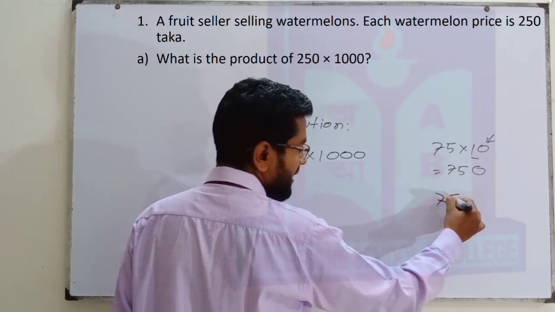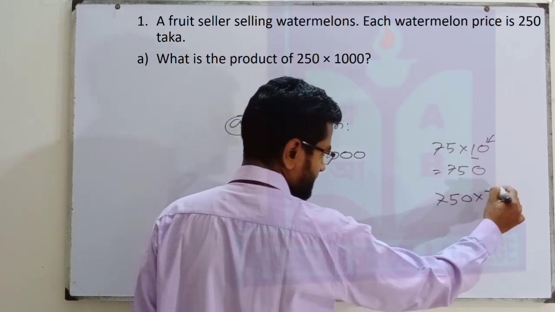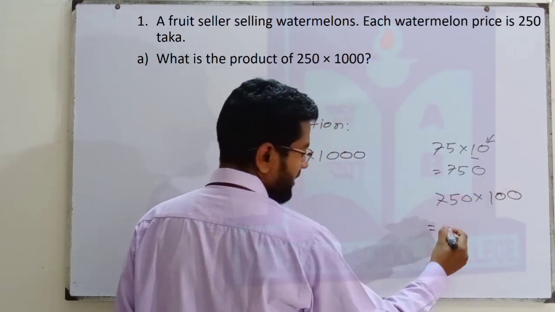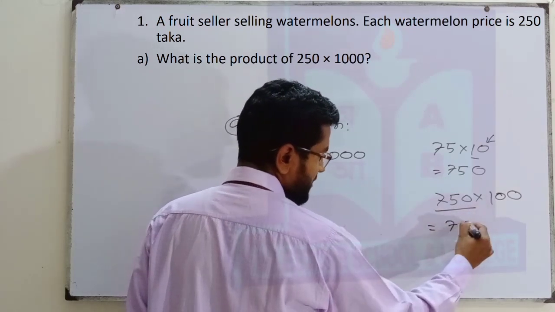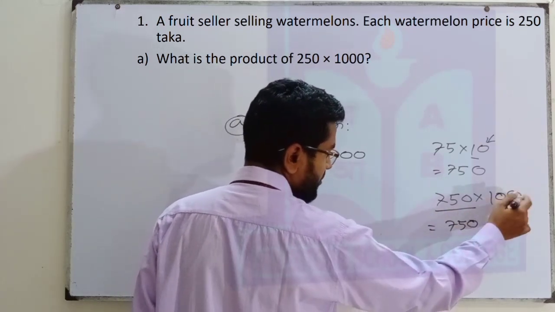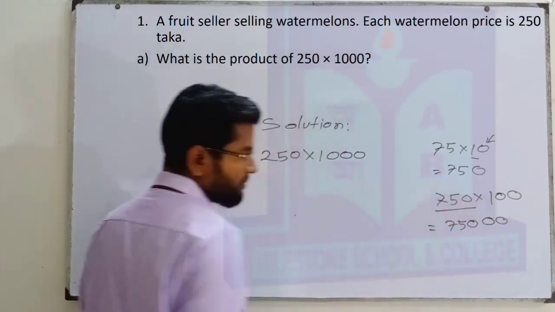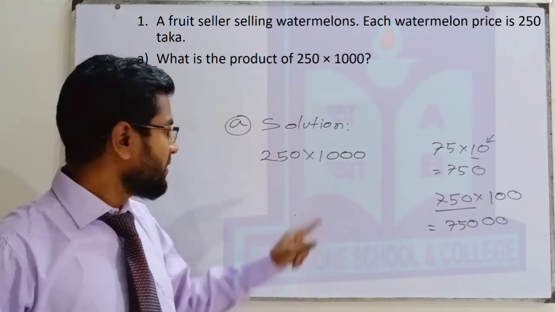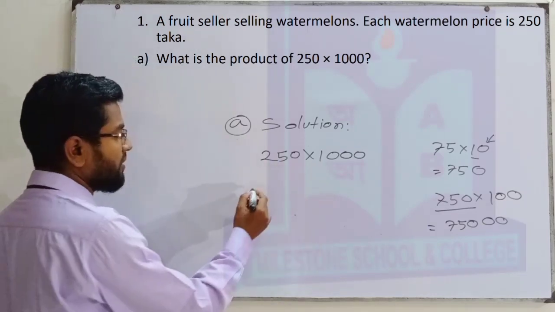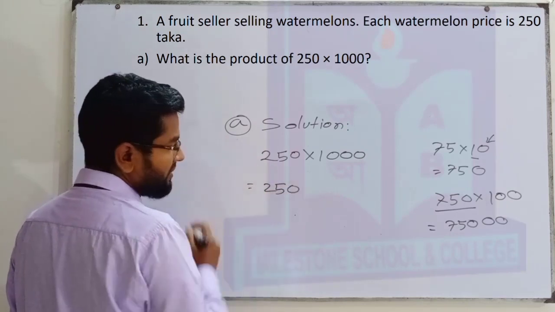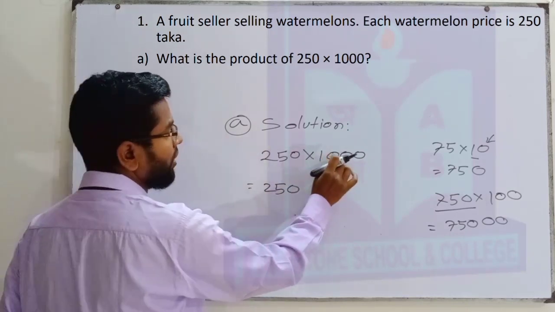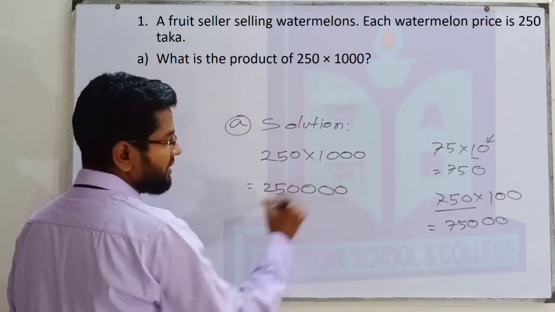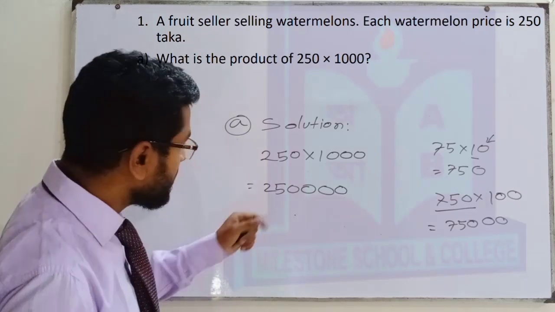If it is like this way, what I will write? I will write this number first. Then, how many 0? 2, 0. Like this way, this one can be multiplied same way. Look, 1, if I multiply this one, so we'll write 250. Then how many 0? 1, 2, 3, 3 zeros. This is all.